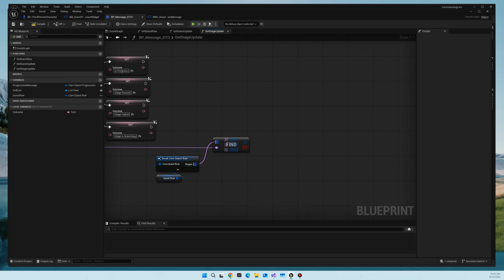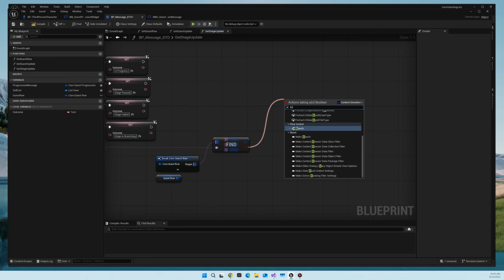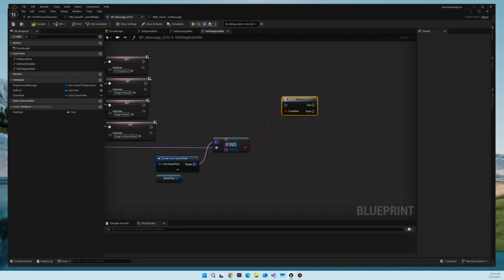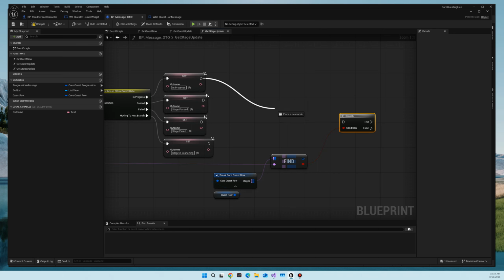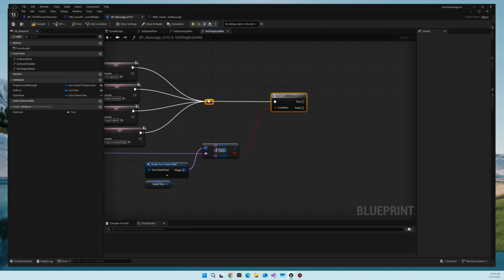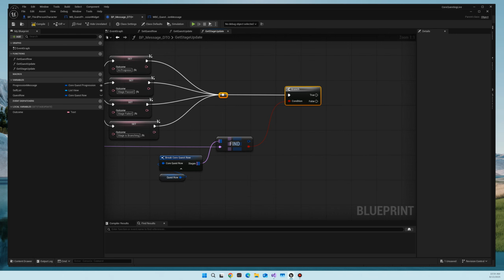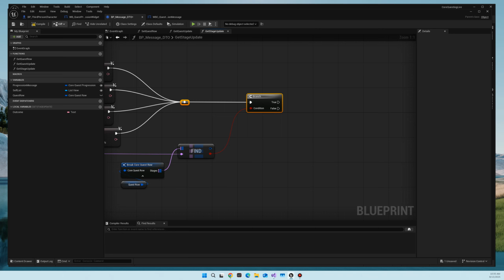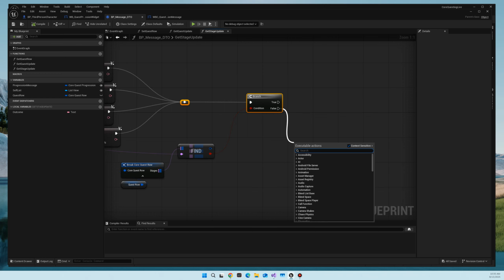And if we find it, so I'm going to put a branch, then we can go ahead and run this. So I'm just going to pass this into there. I'm going to put a reroute node, and we'll put all of these into the reroute node. So if we successfully find this, again, this should be successful, but we're just putting some exception handling in here. If we don't find it, I'm just going to say